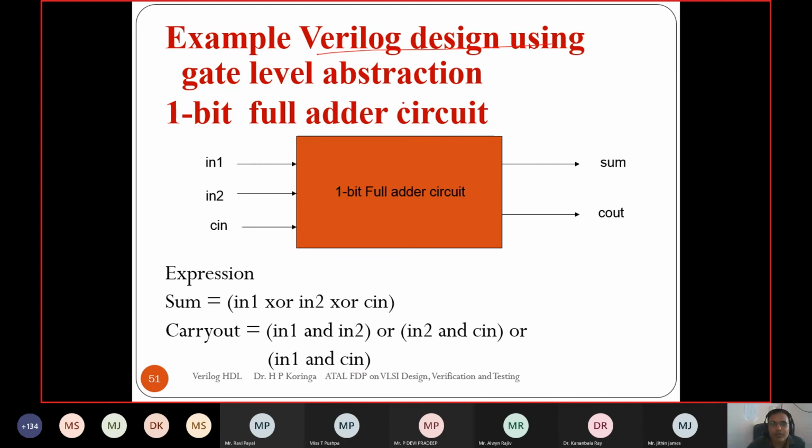Let's see the example implementation of a 1-bit full adder using the gate level abstraction. So we know the full adder and its Boolean equation. Also we know how to implement the full adder internally, right? So